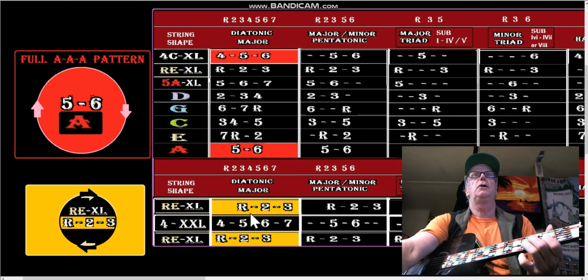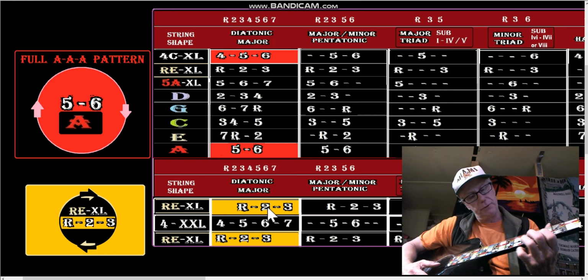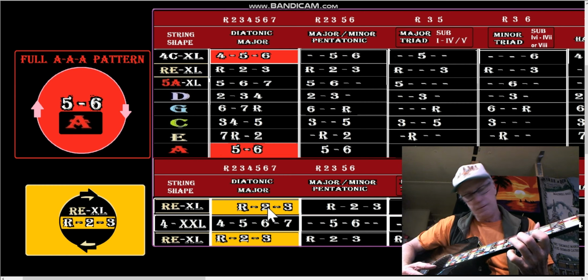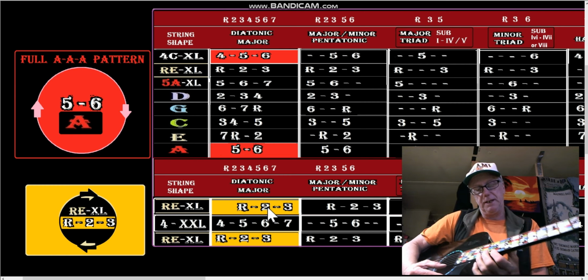Or you want to play the long pattern where it could be this 5, 6. Now we'll have to do this 7 and then go into root 2, 3. And we can even take that half step